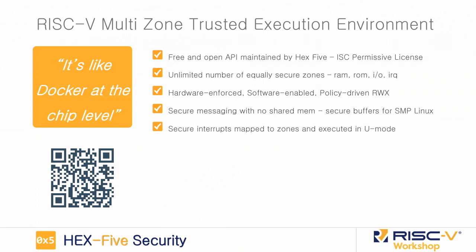As I said, interrupts are a requirement. They need to be mappable to your domains. But they also need to execute in user mode. So I want to spend a word here because this comes up in all of our calls in the security group: do I need N mode? N mode is the user-mode interrupt extension. That's a totally different story. It's a delegation mechanism where a higher level of privilege can delegate an interrupt to a lower level. It doesn't map that execution to any context. The core doesn't have a concept of any context, okay? So N mode just speeds this up, but it doesn't solve the key problem, which is how I define these security containers.